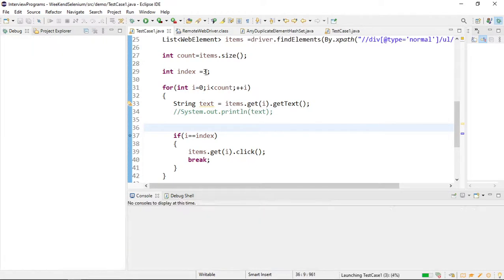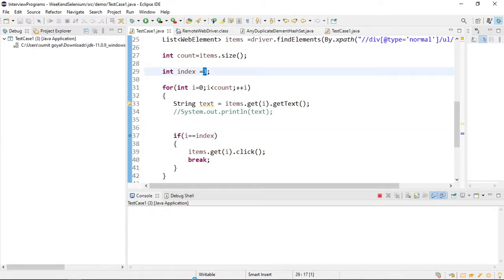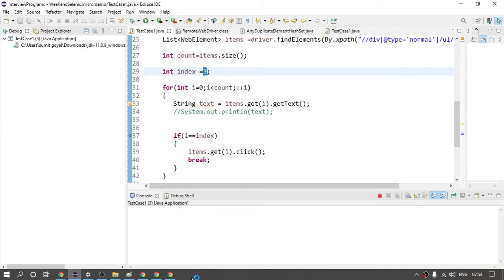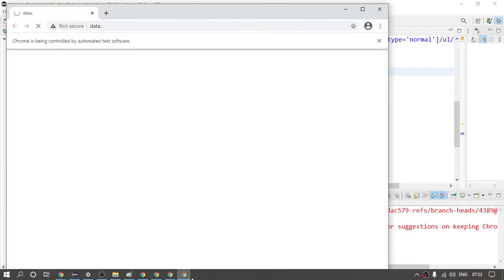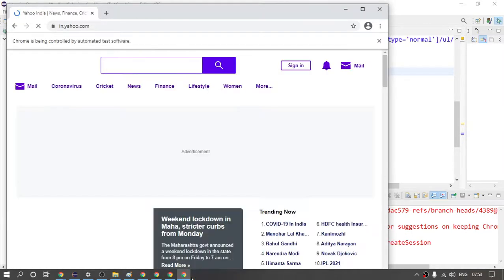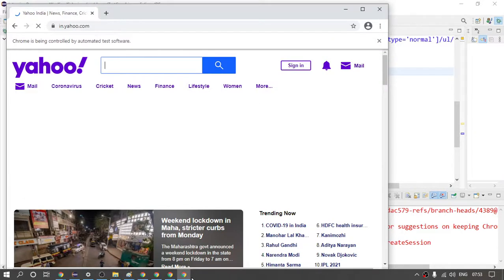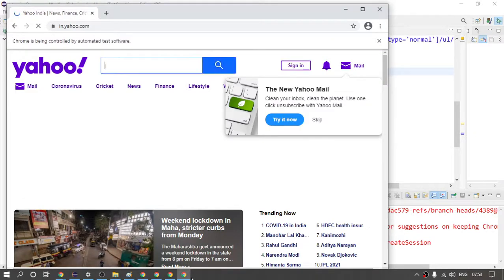So the index number is 3. Let us see whether it will click the fourth element or not. It should click the fourth element, so you can count here.